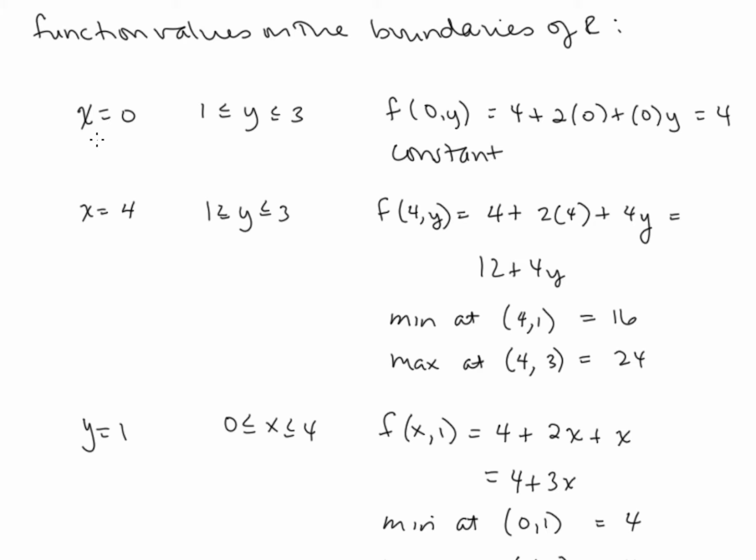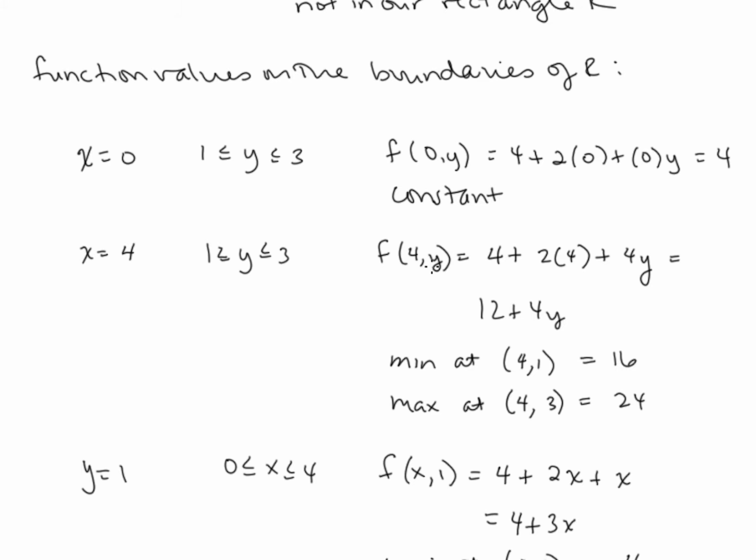For example, when x is 0, we have y ranging from 1 to 3. When x is 0, though, our function reduces to the constant function of 4. So at any of these points, we've got a function value of 4. When x is equal to 4 and y ranges from 1 to 3, our function reduces to 12 plus 4y. And with this function, we're going to have a minimum when y is equal to 1. That function value would be 16. And we're going to have a maximum when y is equal to 3,